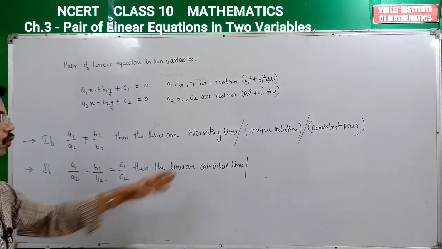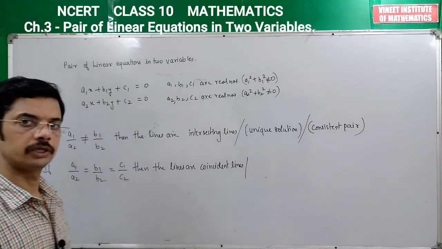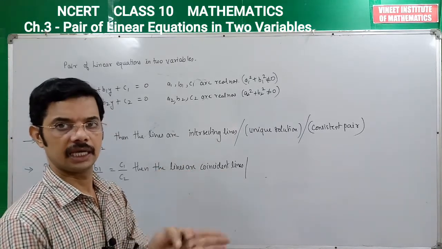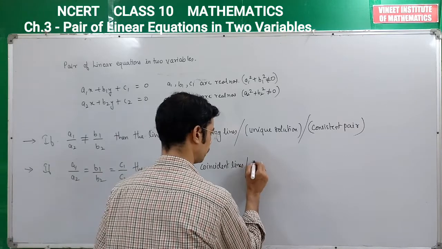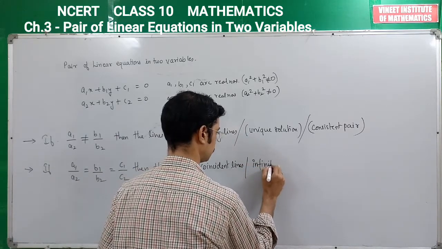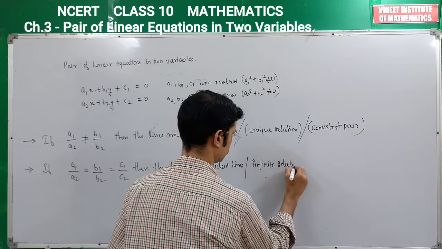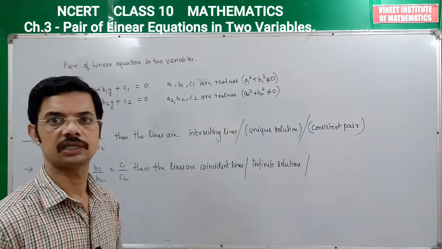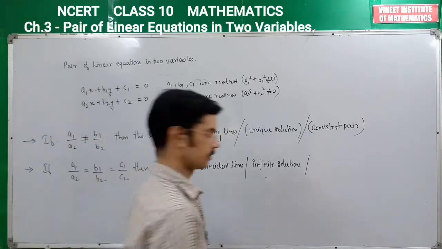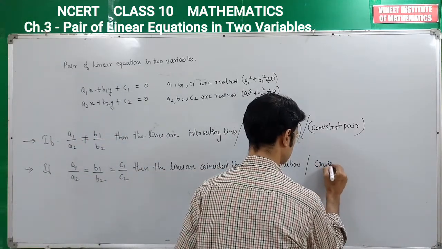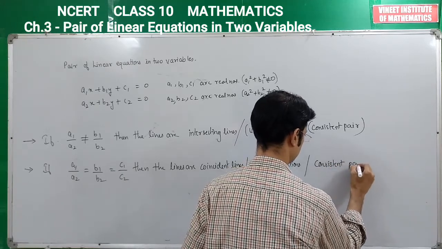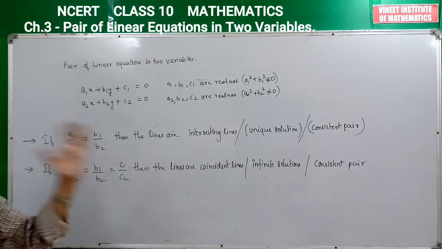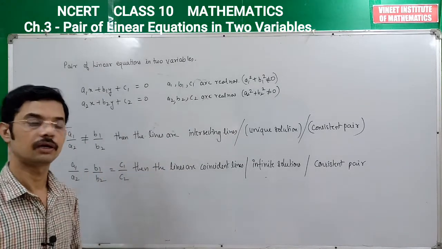If the lines are coincident, we say that they have infinitely many solutions because they agree at each and every point. Again, since they have solutions, we say that they are a consistent pair. So in both the first case and the second case, the pair of given equations is